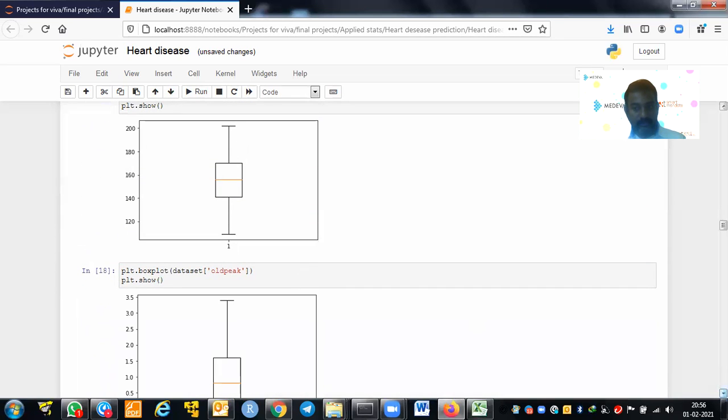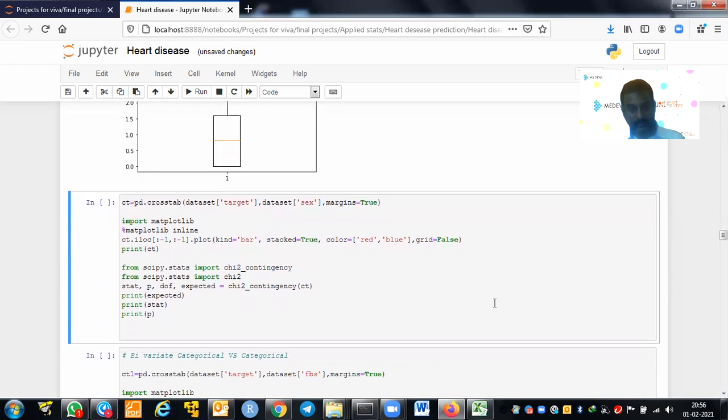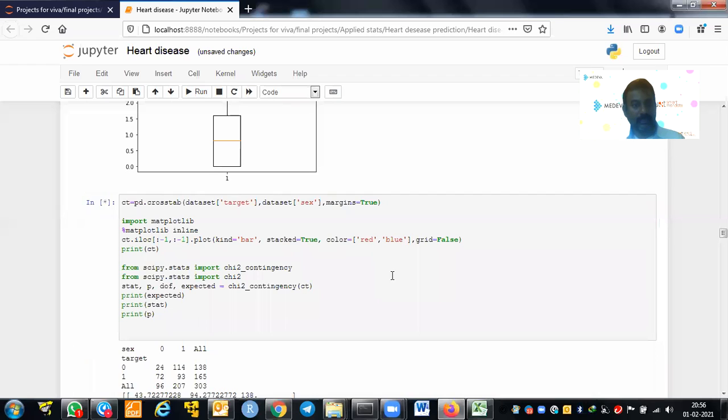Now, in order to understand the relationship between independent and dependent variables, we do a lot of inferential tests. Here our dependent variable is categorical, heart disease or not. If our independent variable is also categorical, between two categorical variables we do the chi-square test. Is there any relationship between sex and target?